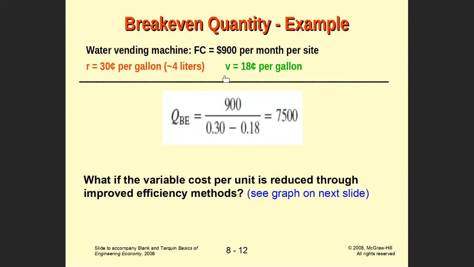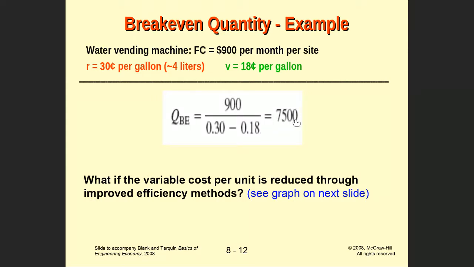The variable cost is 18 cents per gallon. What is the break-even quantity? The quantity of the break-even, QBE, equals the fixed cost, which is 900, over the revenue, which is 30 cents, minus the variable cost, which is 18 cents, and that's equal